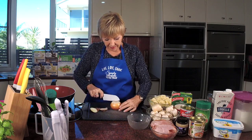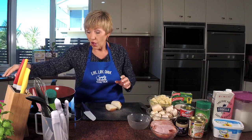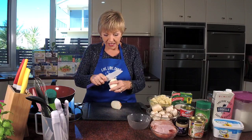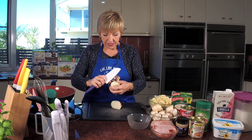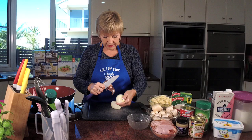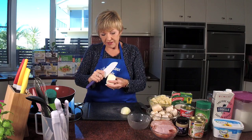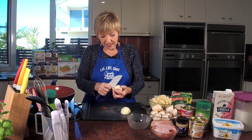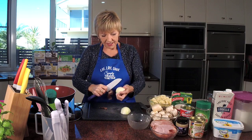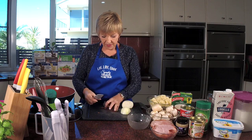This is a little bit bigger than, I'd say, a small onion, but you know what? We don't care in our house. We love onion, so that's fine. Now, you're going to want to dice it, so let's remove all that skin. And this is where the sharp knives are really good for onions, because it means you're not going to crush the juice out of the onions, because the knives are so sharp, and that helps avoid that stingy, burny, watery